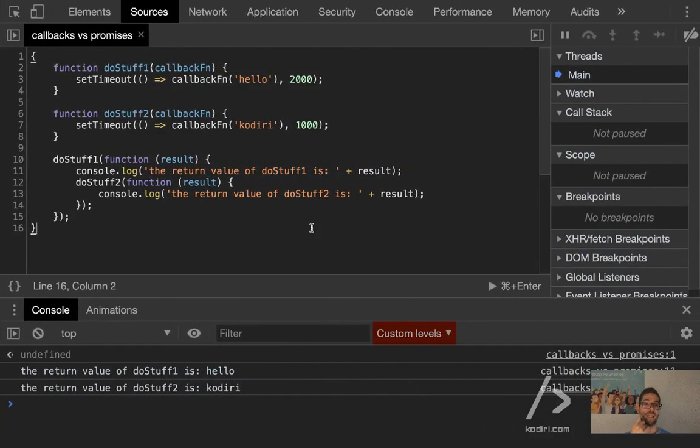Right, so I would like now to offer you an alternative to callbacks, which are promises. Promises is a coding technique created by someone a long time ago, probably 10 years ago or even more. Someone created a GitHub repo, like you can do, and the guy said, hey, callbacks are a pain, let's try to rethink the way we structure our JavaScript. So the guy came up with an idea, and he used the word promises to refer to that idea.